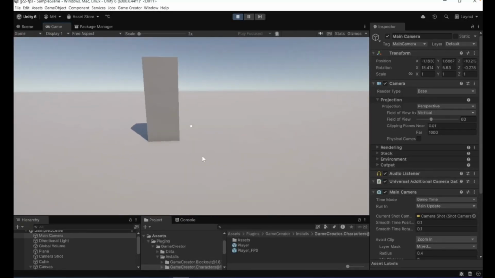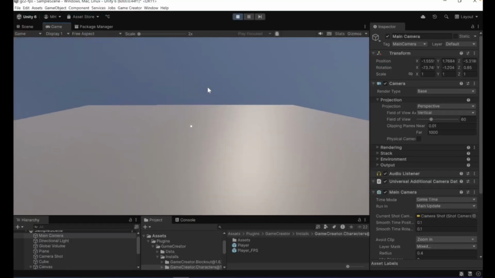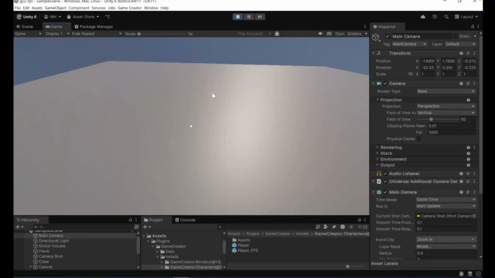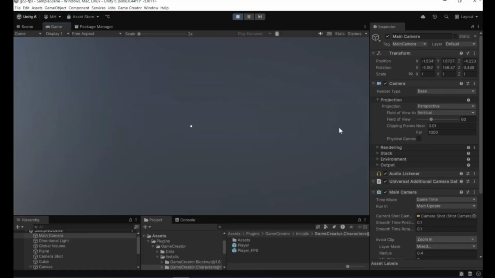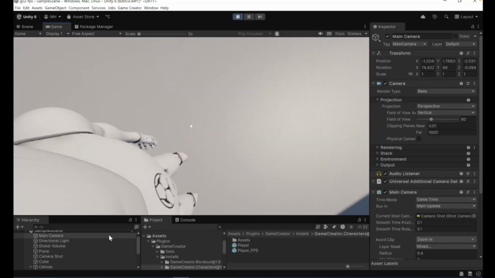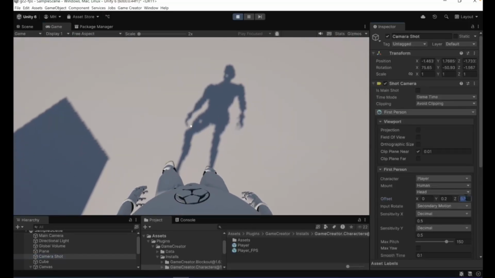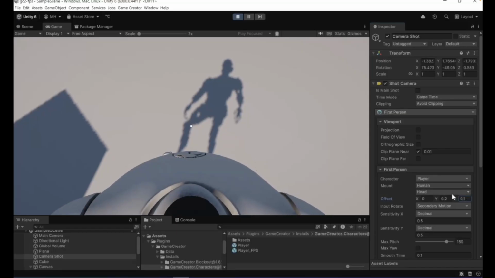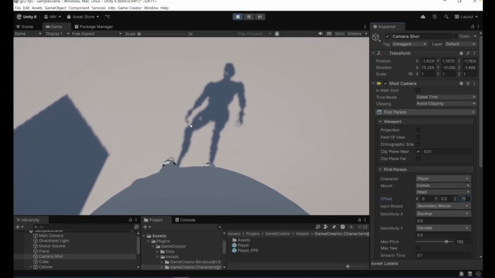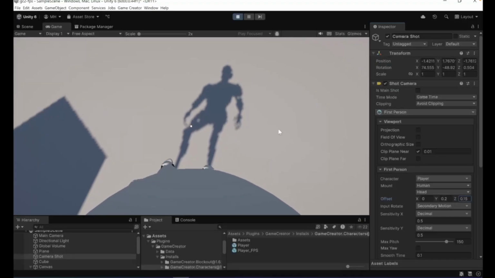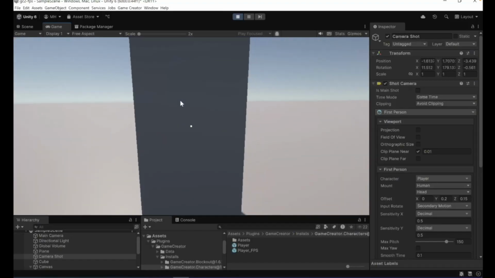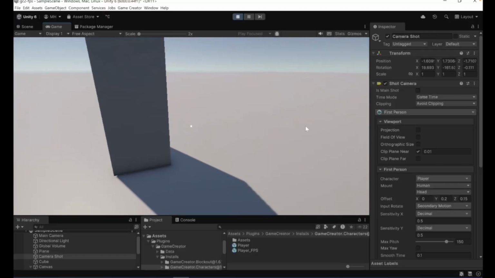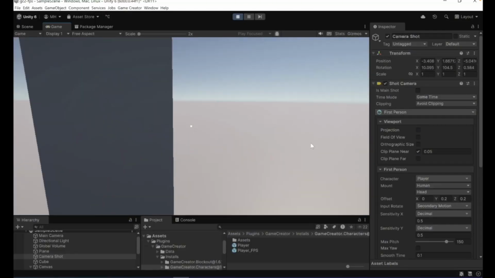Okay, I think that works better. There's still a little bit of a flicker, but it's just a matter of adjusting the camera shot. Maybe 0.1, not really, 0.15, like that, and let's try that. Yeah, it's a little bit of a flicker because it's momentarily clipping into the object. So anyway, it's just a matter of adjusting it